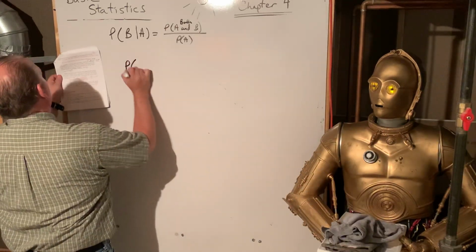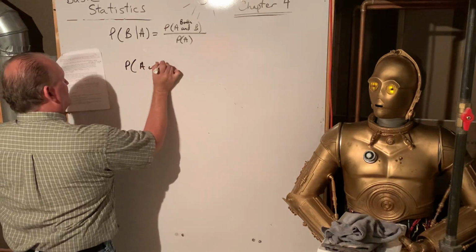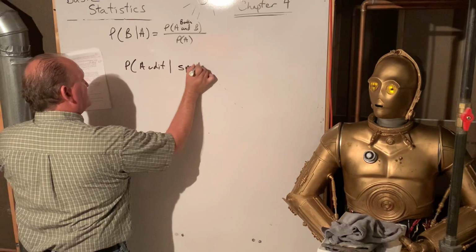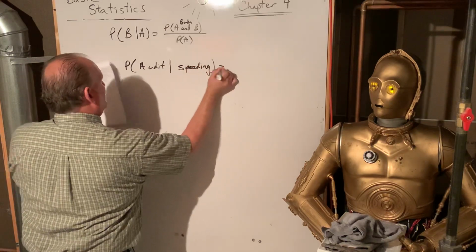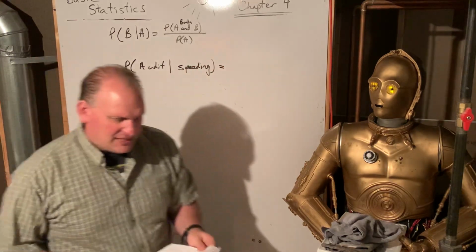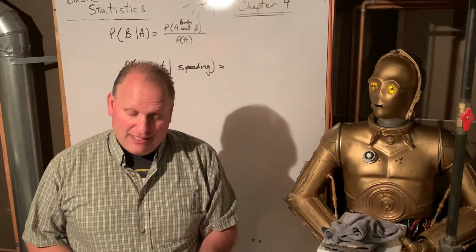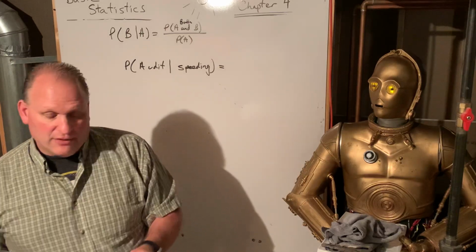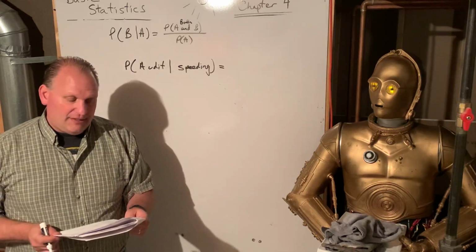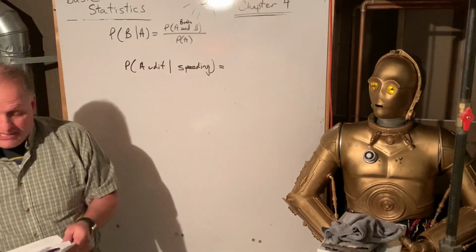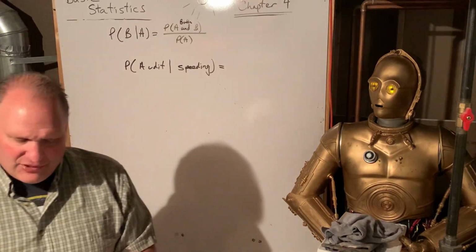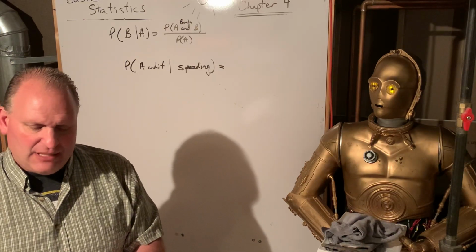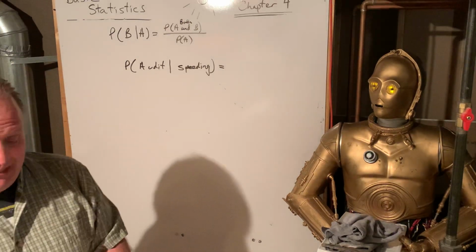The probability of, oh no, you get audited, given that you got a speeding ticket. Oh, I hope those are unrelated. Example: some people are less lucky than others. Suppose that the probability of receiving a speeding ticket in a given year is 12%, and the probability of receiving a speeding ticket and being audited is 9%. Find the conditional probability of being audited in a specific year given that you already got a speeding ticket.